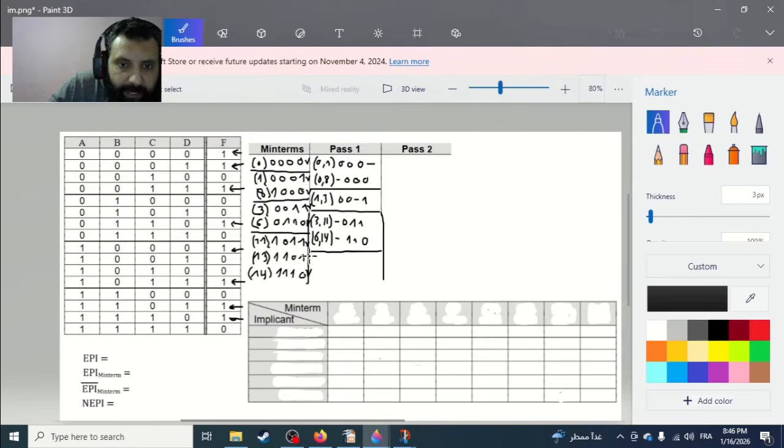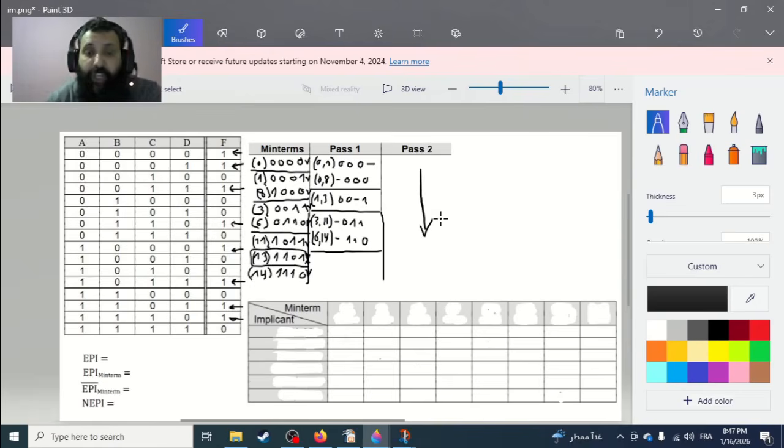The only one here which is not aggregated is the 13. This one is a prime implicant. Anyone with the X mark is a prime implicant. Okay, let's continue. We have to do the same here, but you have to remember, in pass 2 we have